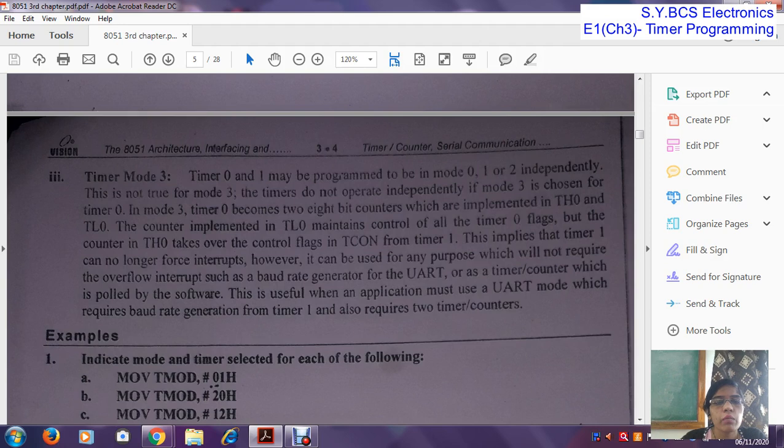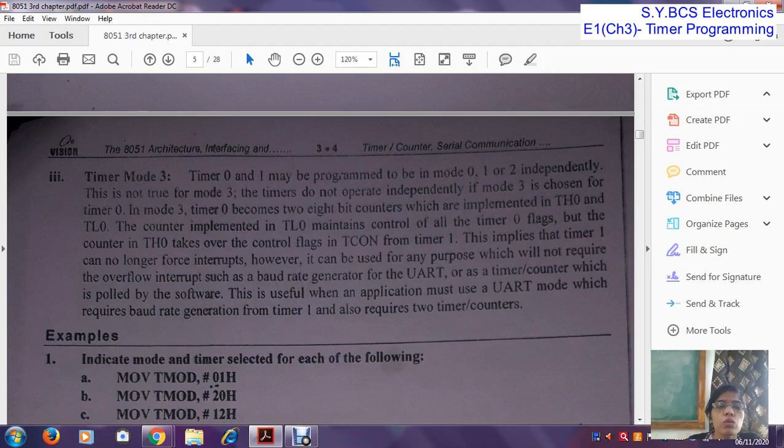In mode 3, timer 0 becomes two 8-bit counters, implemented in TH0 and TL0. The counter implemented in TL0 maintains control of the timer 0 flag, but the counter in TH0 takes over the control flag in TCON taken from timer 1. This implies that timer 1 can no longer pose an interrupt. So it can be used for any purpose which does not require the overflow interrupt, such as the baud rate generation